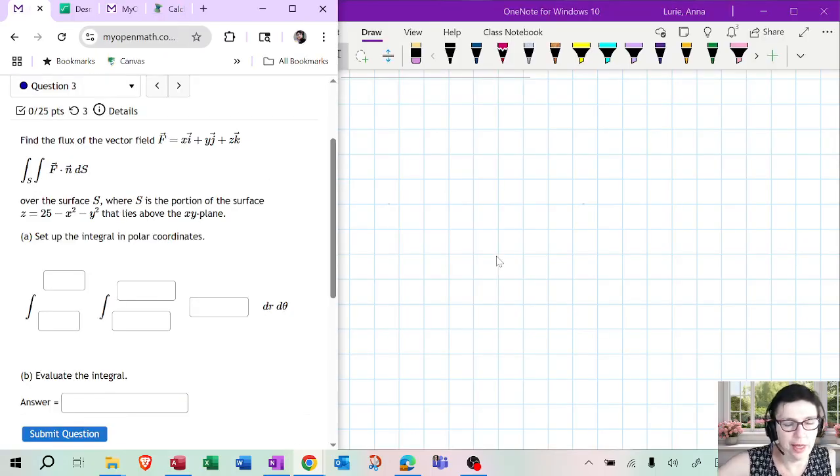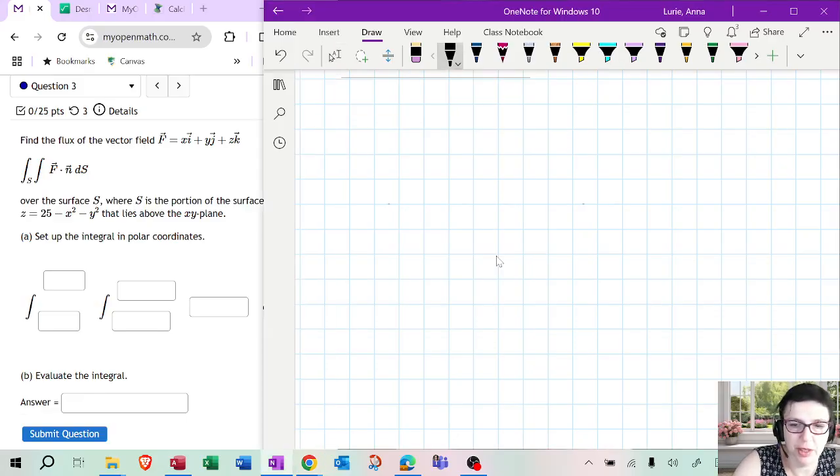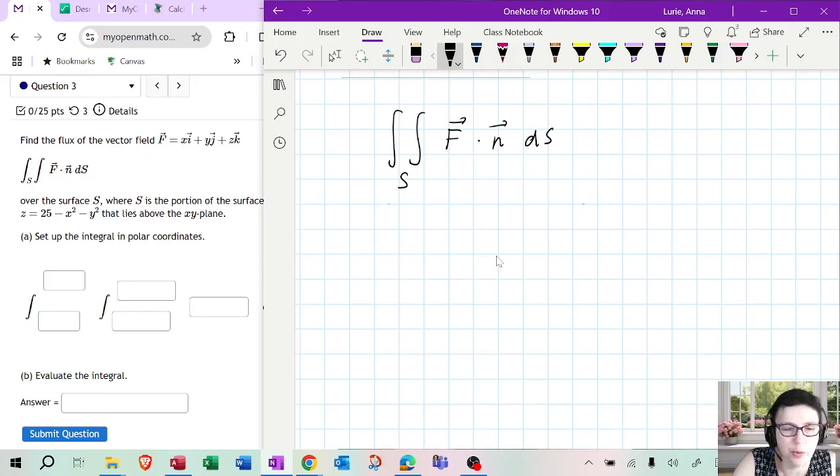Now, this flux thing, where does it come from and how do we compute it? There is a formula that you can use for the flux, but I want you to understand a little bit of it, like what is this n? It turns out that n is a vector normal to the surface, and it should be a unit normal. So the surface is represented by z equals g of x y. So I could move this g of x y to the other side, and I will get negative g of x y plus z equals 0.